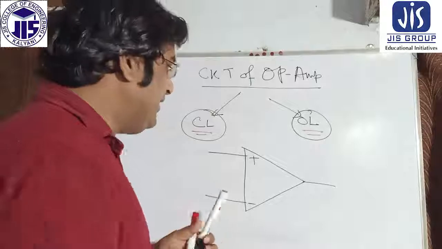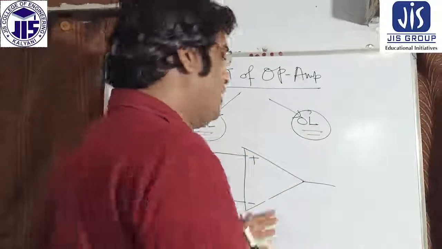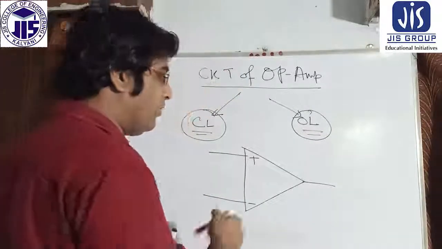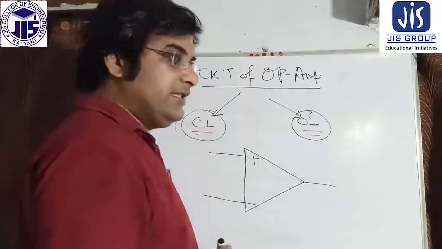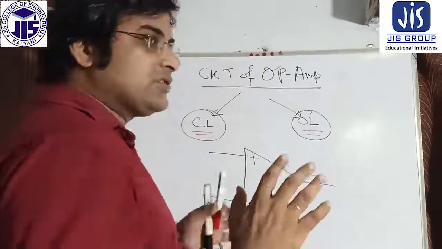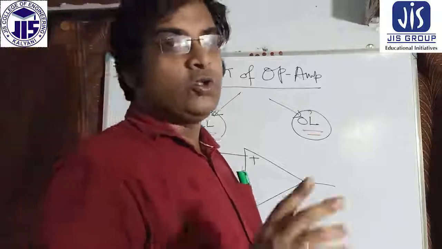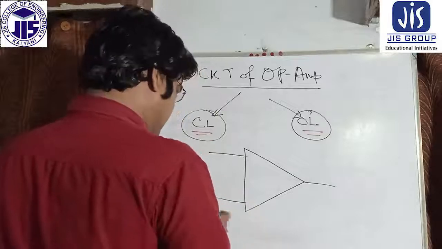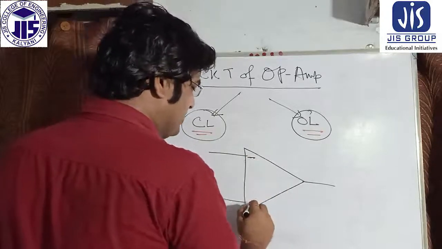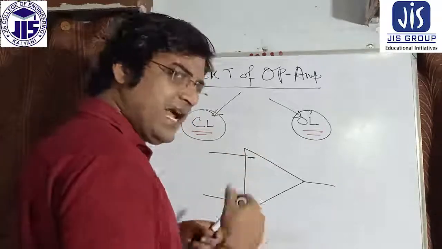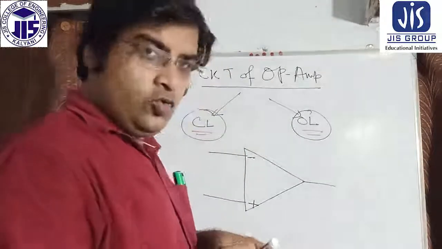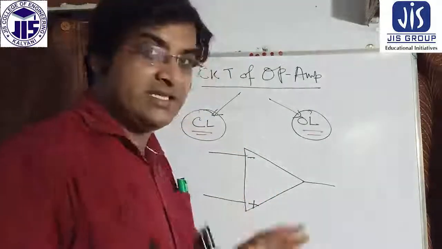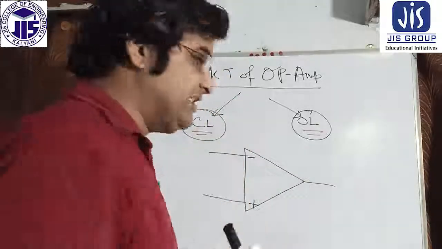If there is any connection from the output to the input side, then this type of circuit is called a closed loop circuit. I'm just changing these things. I want to explain that you can use it as negative or positive, or you can use plus and minus as per your requirement. I first drew plus and minus, and then changed it from minus to plus so that you can understand. Whatever you want, you can change it.